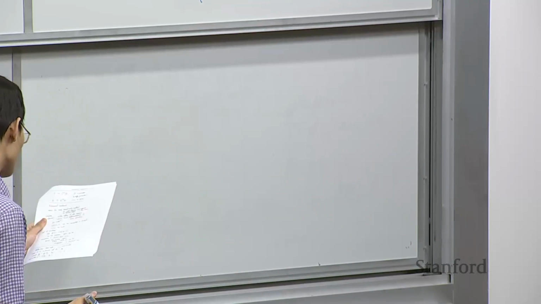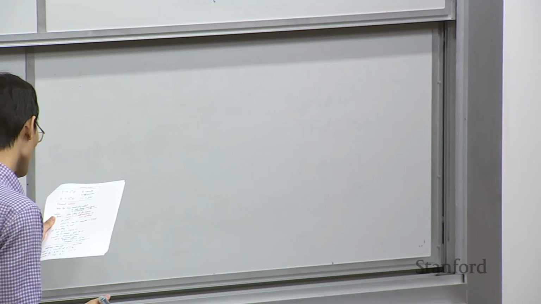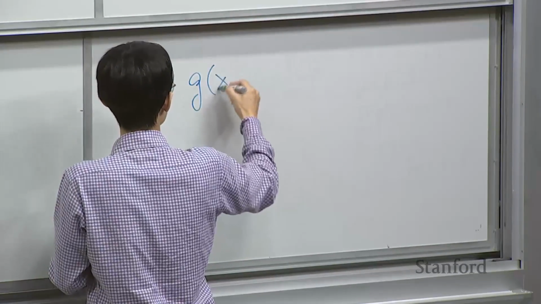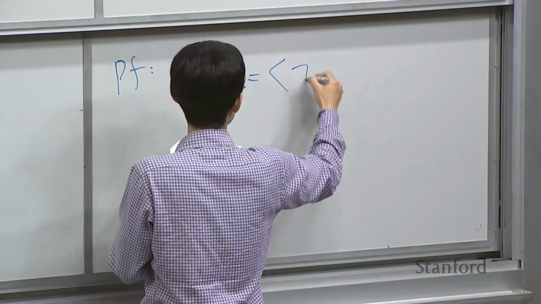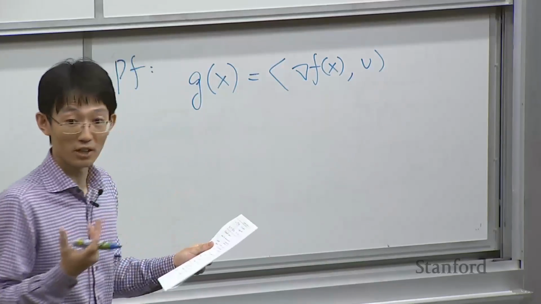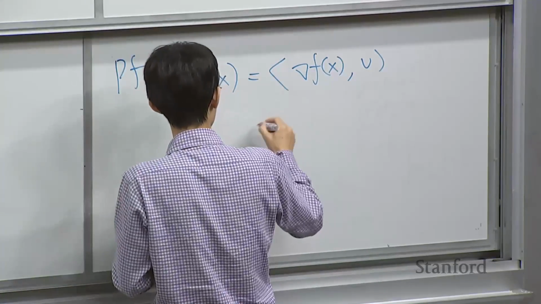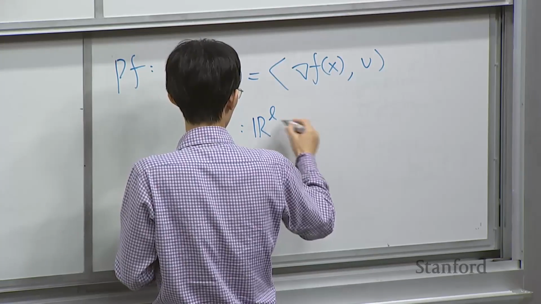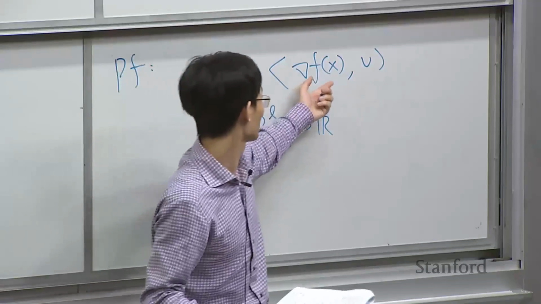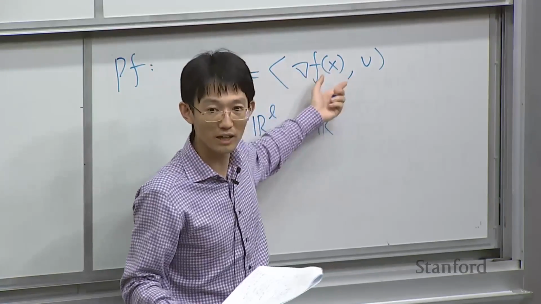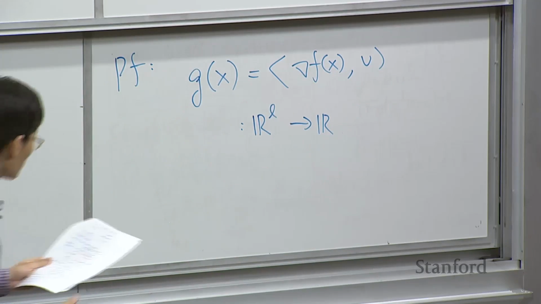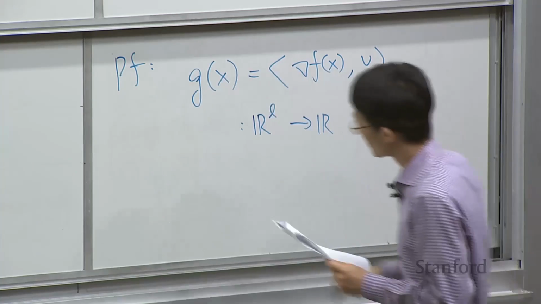So basically, the way to prove it is that you define a new function g of x. This new function is going to be the gradient times v. So this is a real valued function, because it maps an L-dimensional vector to a real value. Even though these are vectors, you take the inner product, so the output becomes a scalar. And then, if you use the theorem,